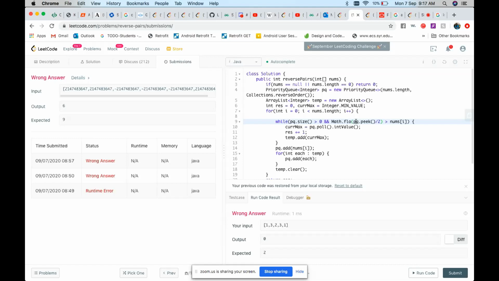Okay, sure. It's a nice dimension of thought, like using a priority queue. But your solution was less complex than this, right? Yeah, because the heap is taking extra space. For every element you would be using log n, and then n square elements would be there. So n square log n. No, actually, sorry. There are only n elements.